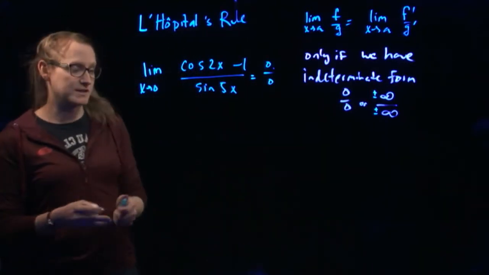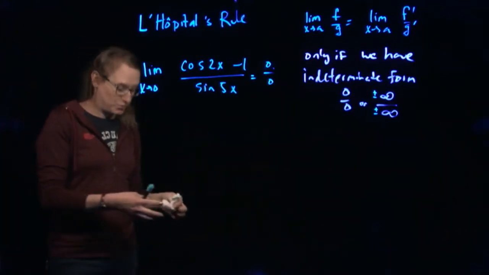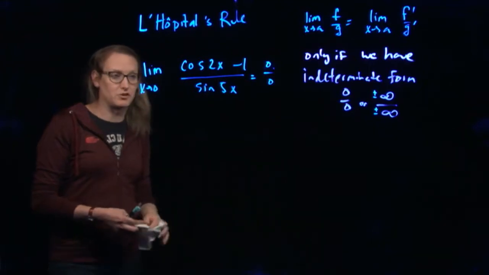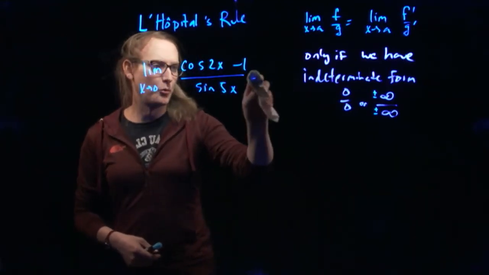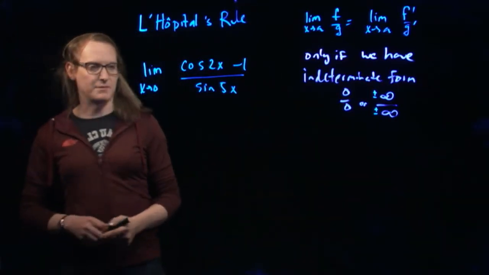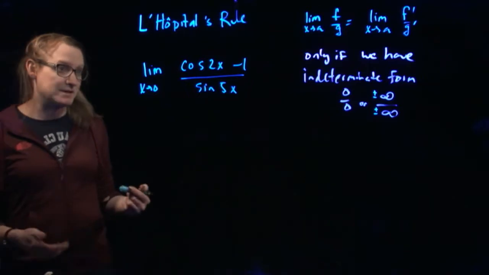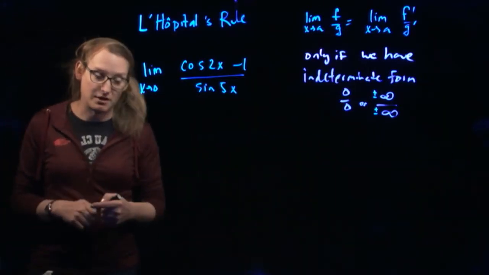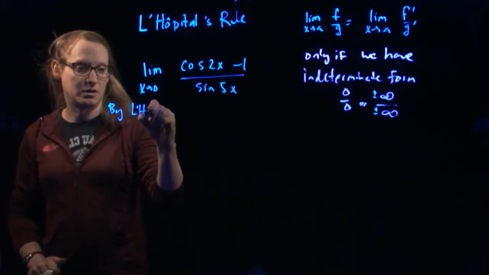All right, so we try substituting in, and we got this nonsensical thing, 0 over 0, which we just can't work with by itself. We've got to do something to transmute it. So we've got this indeterminate form, so we're going to invoke L'Hopital's rule. When I invoke L'Hopital's rule, I'm going to be careful to name the theorem and say why I can justify what I'm doing when I do it. So I'm going to say by L'Hopital's rule,